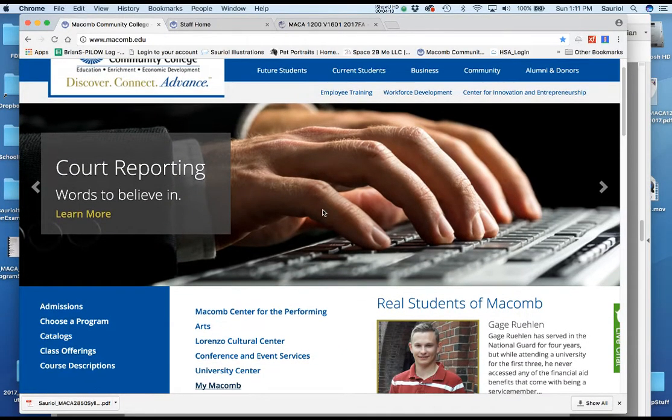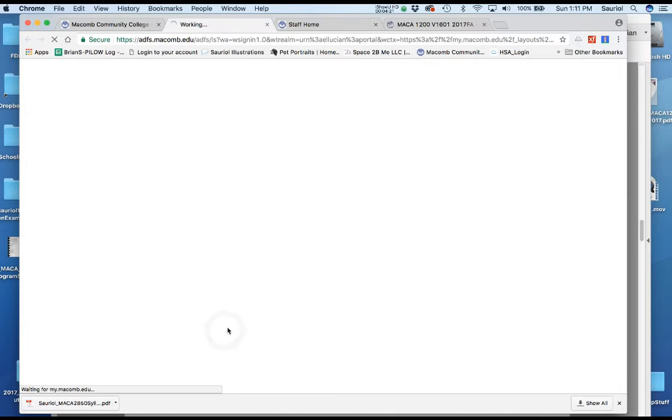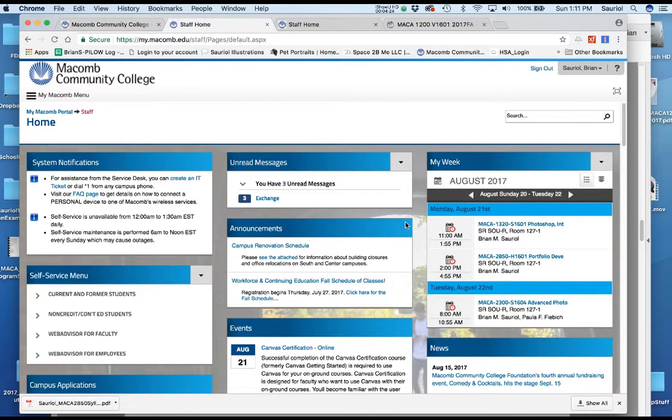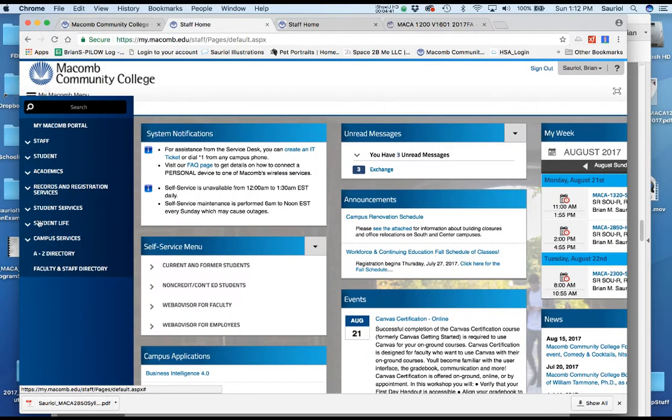Now, most of you, if not all of you, have already gone to My Macomb. In My Macomb, you've put in your password and your email address or your student ID, and you've gotten into this page. If there's time at the end, I would like to talk about the other things you can do on this page, and that might wait for later in the semester. One of them, over here, is student services and career services, to get on their site, because that's how you get involved in jobs and internships in our program.